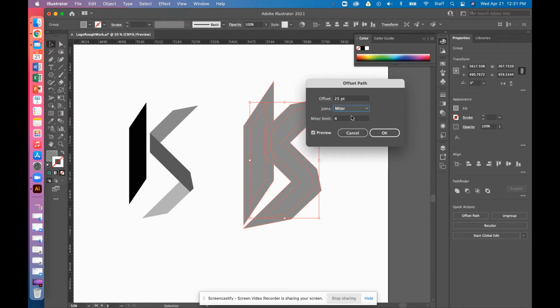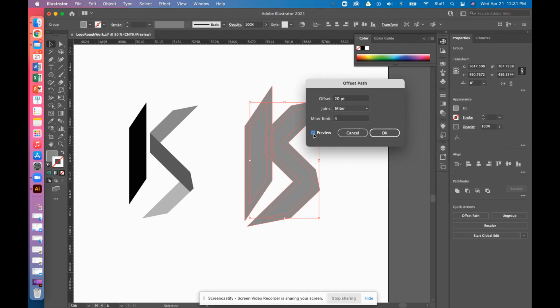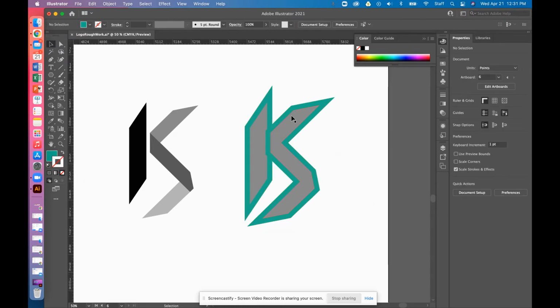For this particular one, since I've already got it set to be sharp, I'm going to go ahead and leave it as a mitered edge. I'm going to make this a little bit smaller, and I'm going to go ahead and click OK. If you're not seeing it happen on your screen, it's because this little checkbox is turned off. So go ahead and turn that one on just so you can see what's happening. And I'll click OK. For now, I'm just going to throw a color on here just so I can see what it looks like. And you'll notice now it's actually putting the color on the outside,